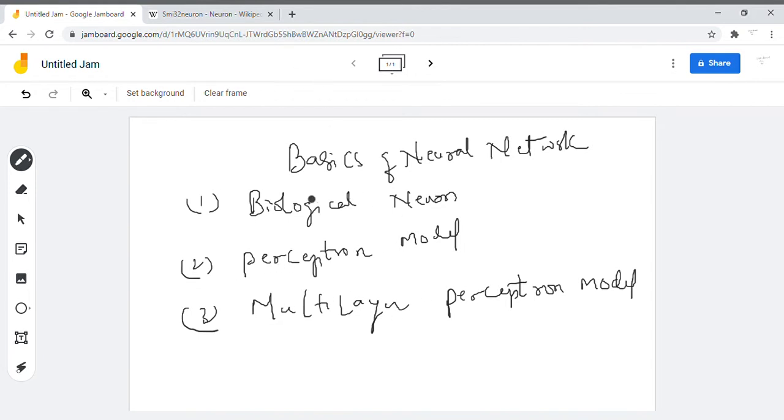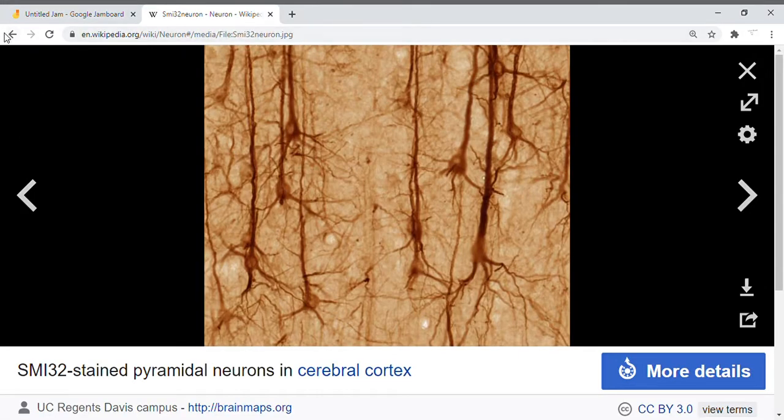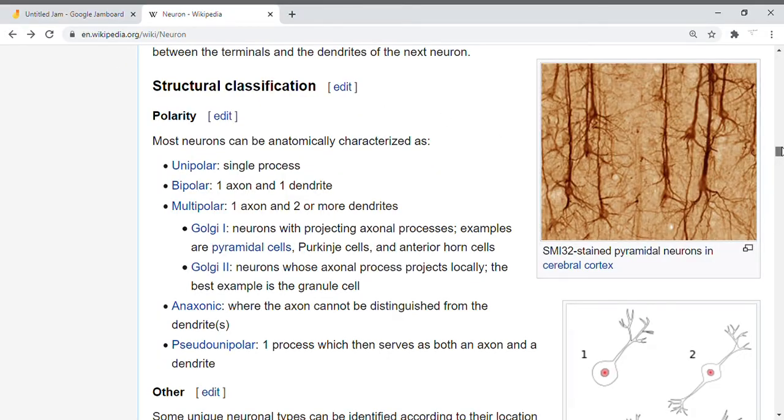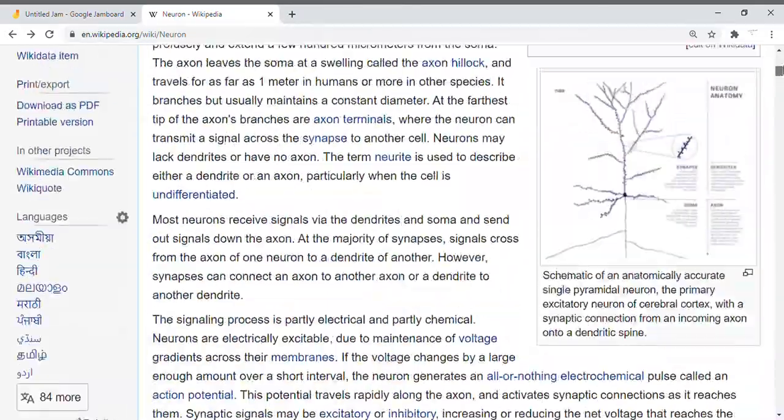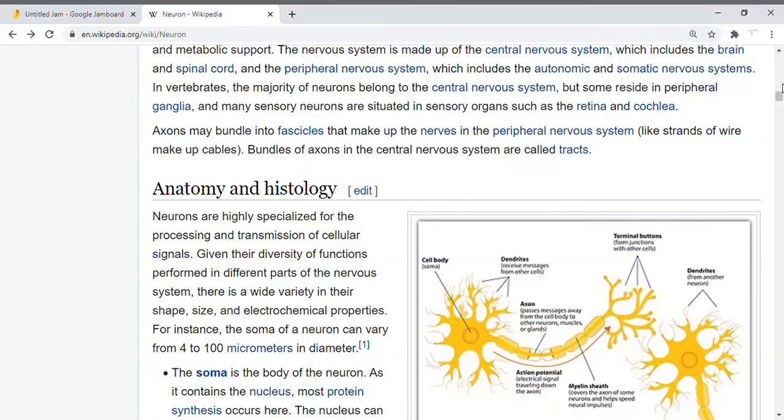Okay, to start with, what is a biological neuron? We know that in our brains, there are millions and billions of neurons. Neurons are responsible for memorizing the things and passing information from one neuron to another neuron. Response to stimuli are all the responsibilities of your neuron. If you go to the Wikipedia page, you can see this particular picture here where you see how basically the neurons